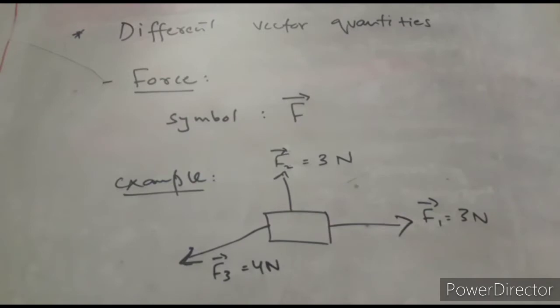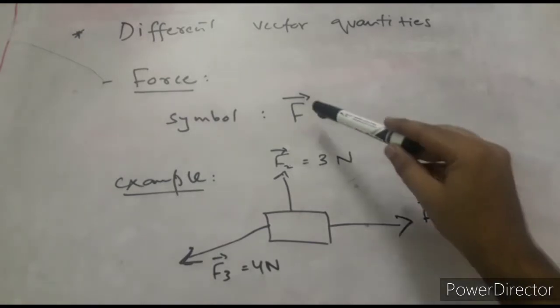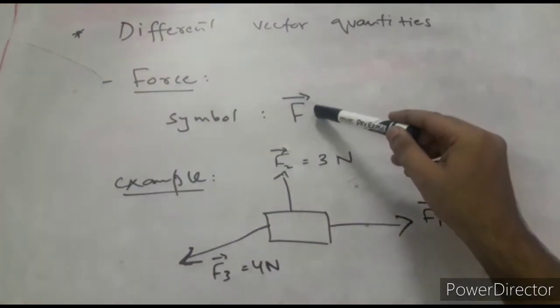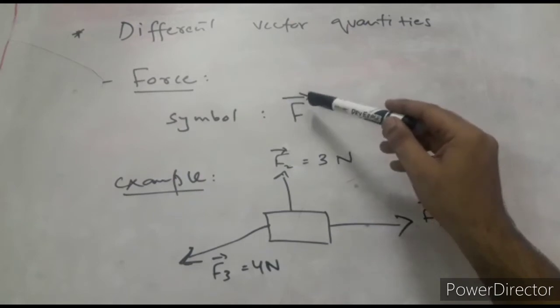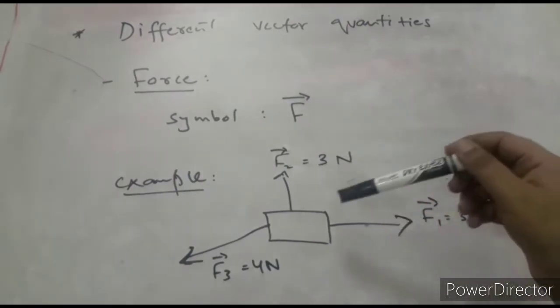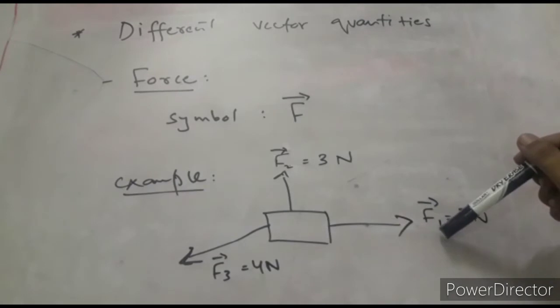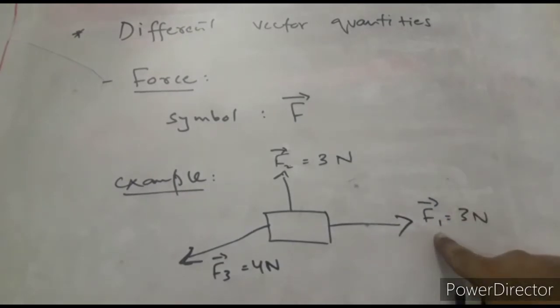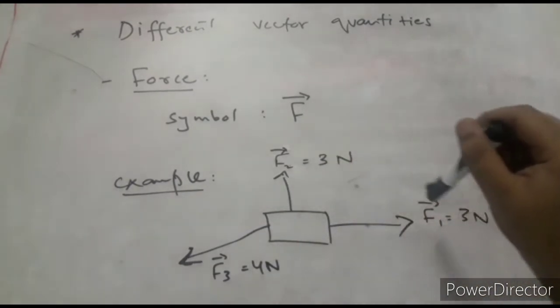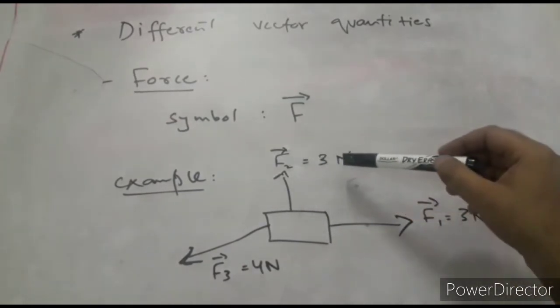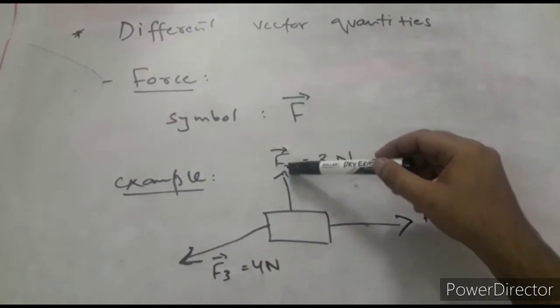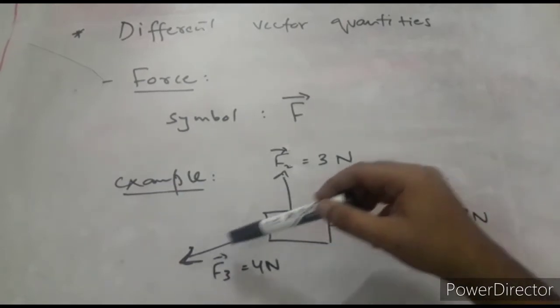So students, here we can see the first example of a vector quantity is force. The symbol of force is F, and you can see we have an arrow on the symbol F. This shows that this force is a vector quantity. And let's take an example, a box on which there are three forces acting on this box. The first one is F1. We write this one in the subscript to differentiate between the different forces to give their names. F2 of 3 newtons, and this arrow shows the direction where it's going, and this is the third force, F3